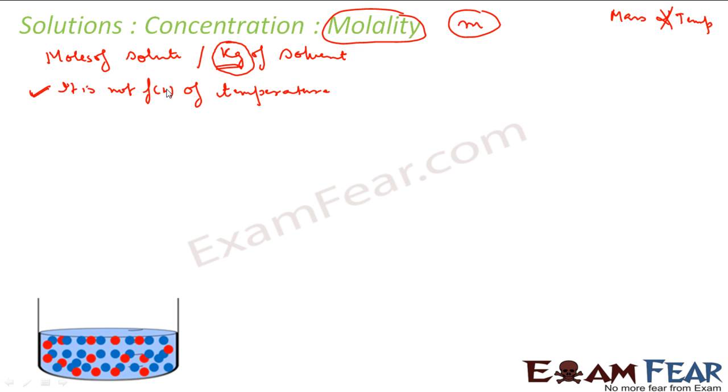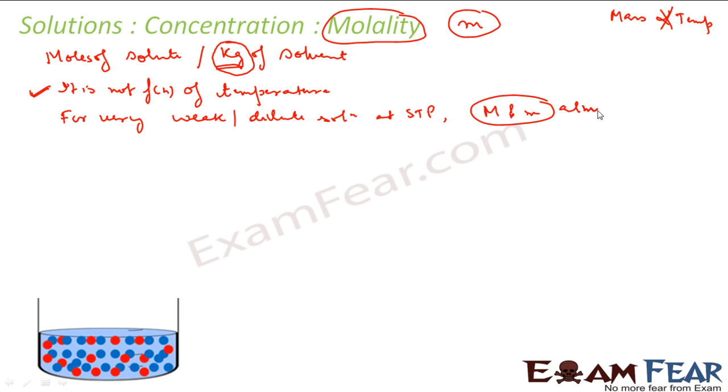Also note that for a very weak or dilute solution, let's say dilute solution at STP, the molality and molarity is almost same. Capital M and small m almost same. Why? Because if you see the difference, molarity is what? Moles of solute by